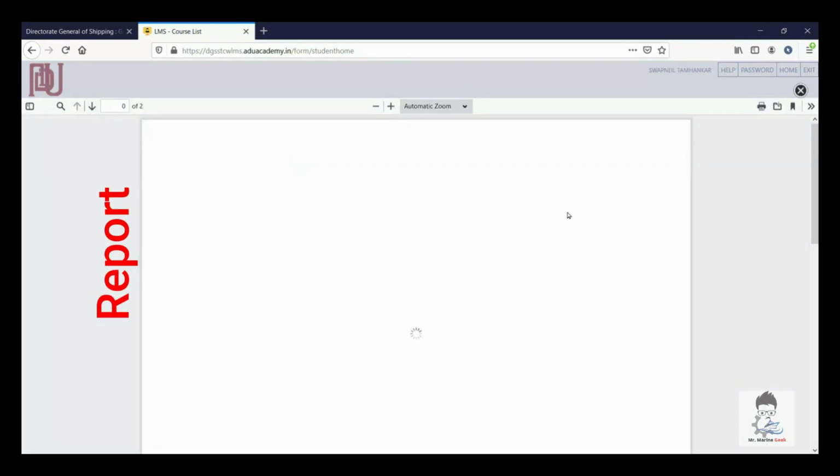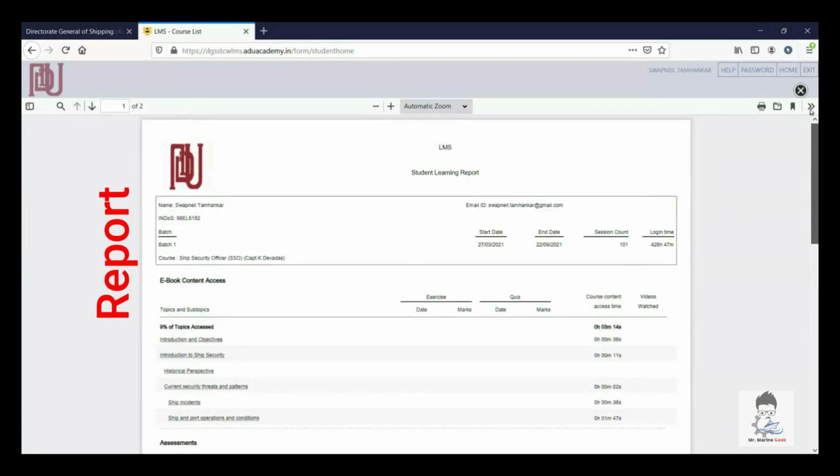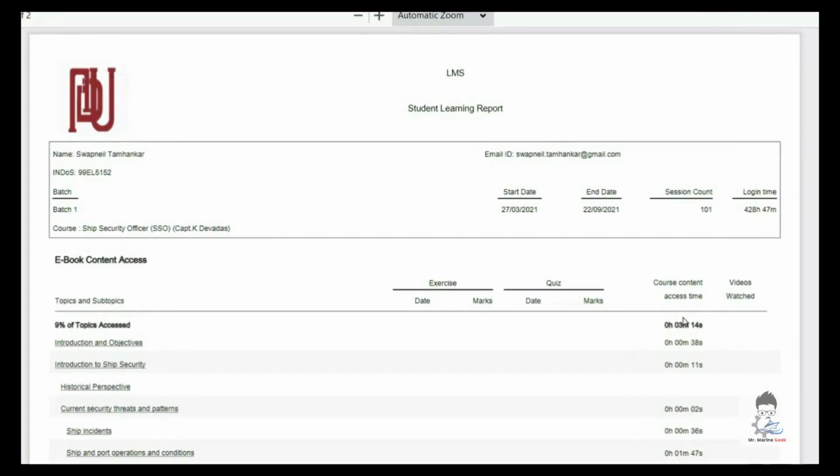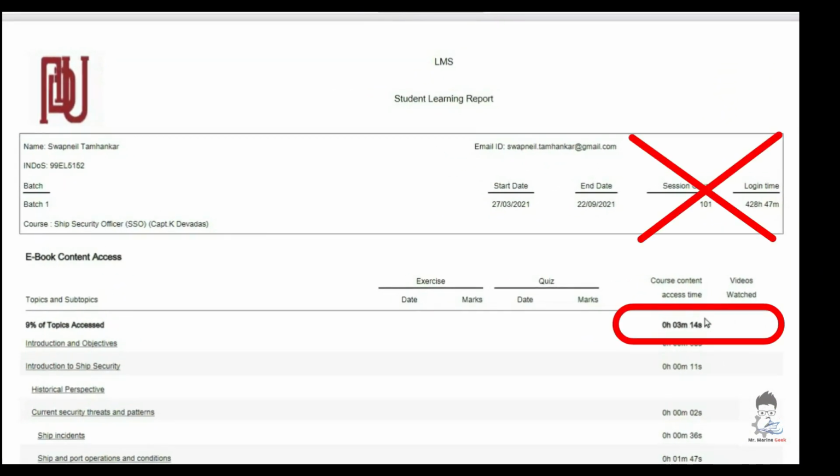The next one is the report link, the most important one. If you see that once you open it, it doesn't show you the report, just scroll down the bar and you will be able to see that report. And the bottom one, the course login time, is the one which is required, which is going to be that 15 hours, 12 hours, 16 hours, etc., and not on the top. So basically you have to ignore the top part completely and just follow the bottom course login time.